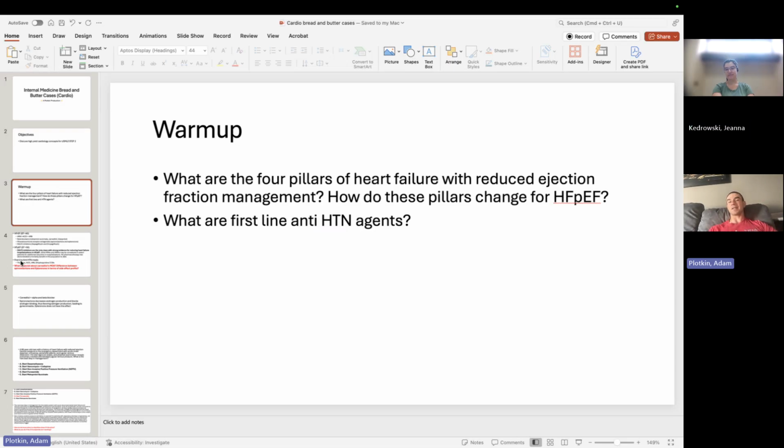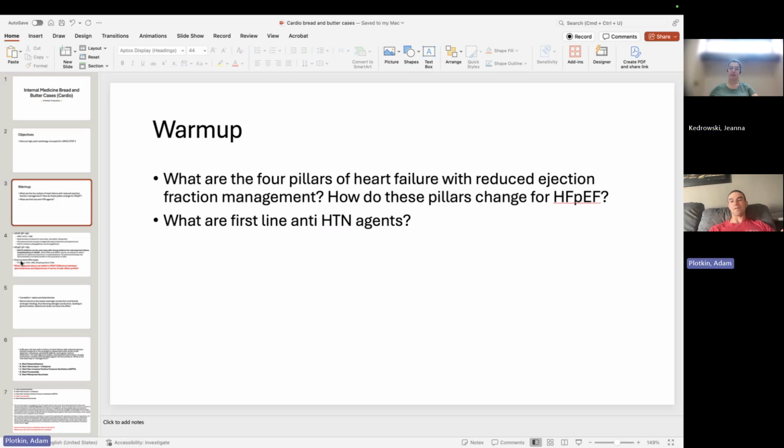This is another classic question. You guys didn't take shelf exams, but on the family med shelf exam, there were at least 5 or 6 questions asking which antihypertensive to put the patient on, and they would always be a patient with a comorbidity, right? So it's like a patient with stable angina who also had hypertension. Okay, put them on metoprolol. Patient with diabetes with hypertension, put them on an ACE-I, right? So thinking like that.